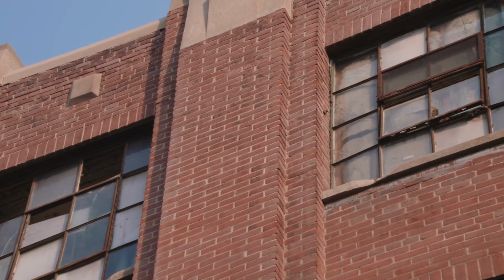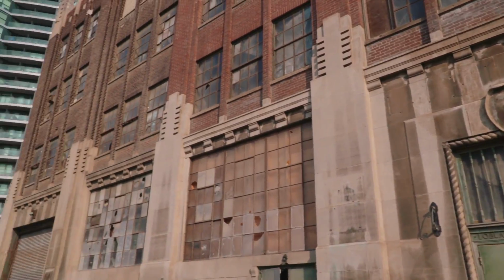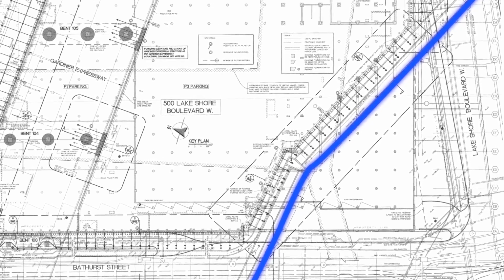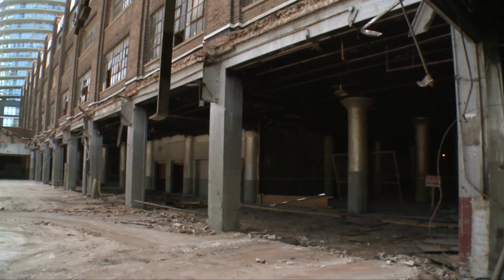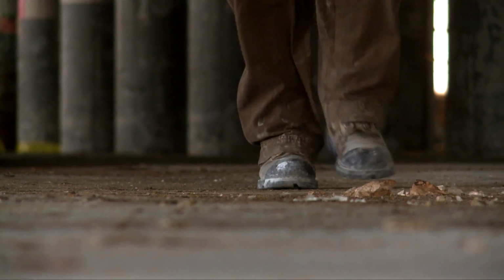Projects like this never come without their challenges, the first of which is the preservation of the historic brick facade. The second is a bit trickier. There's a hidden creek that runs through the site that must not be compromised in any way, shape, or form. This protected area runs 300 feet in length and is 20 feet wide, and even one errant rock dropping into